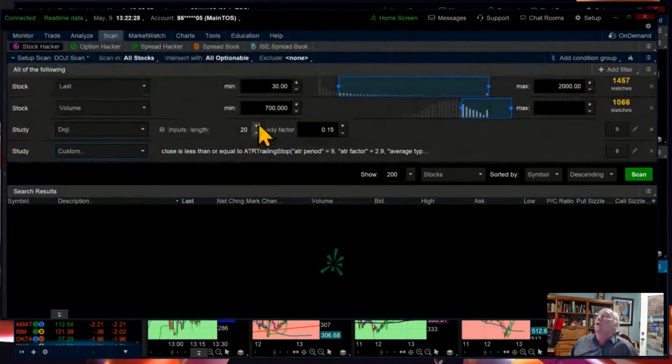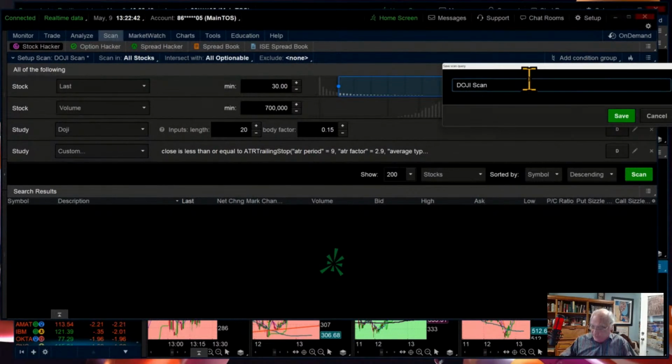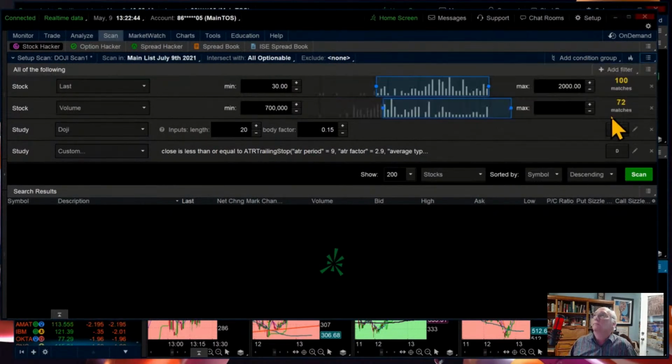So now what you want, and the real power, is if you could find it overbought in a downtrend and it has a doji. That would be a beautiful thing. So first thing, let me save this so I don't screw it up. I'm going to make this doji scan 1. All right, now what we're going to do